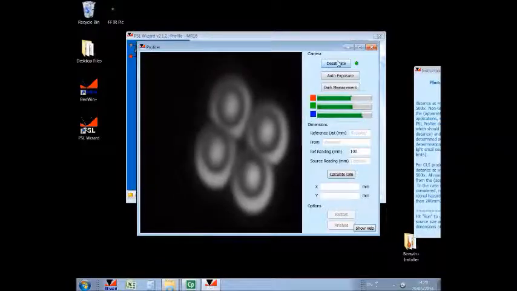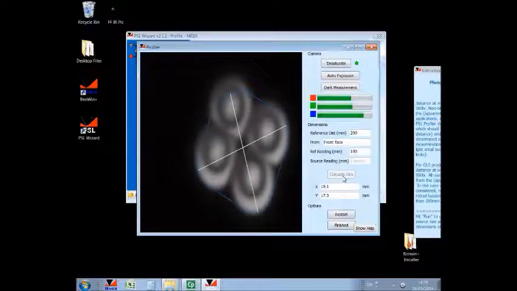I again note that whilst the display here is somewhat asymmetric, this has no effect on the calculation. The reference distance to which we focused was 200 millimeters from the front face of the source. The reference reading, so we've set the profiler to 100 millimeters at the start, and since we haven't had to move it effectively to get the source into focus, so the plane of the front face is the same as that of the source, we leave this empty and we can calculate the dimensions and we can see the resulting